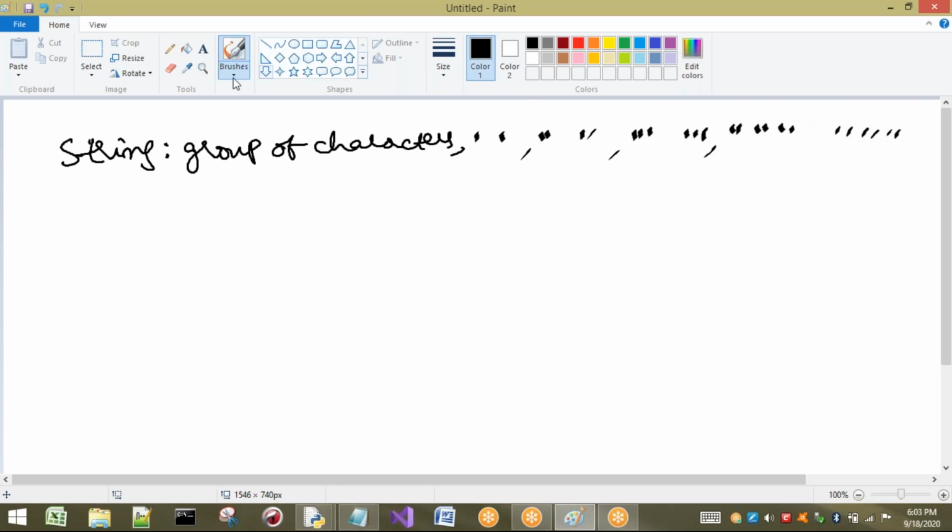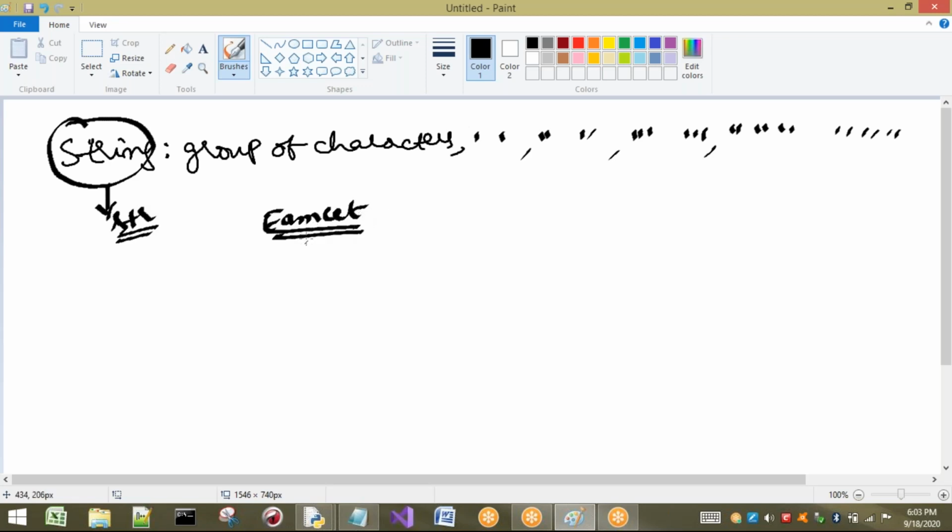So why do we have to see this string data type in detail? Of all data types, the one most used in projects is the string data type, that is nothing but the str type. I will consider one small example. If you consider a small application, say a student applying for MSET.